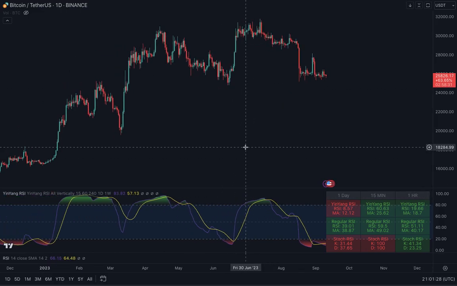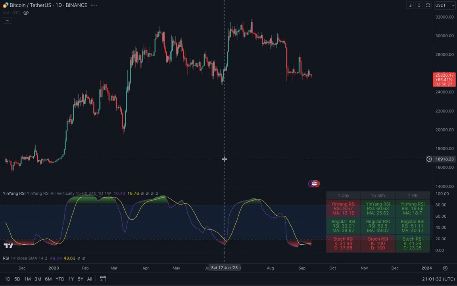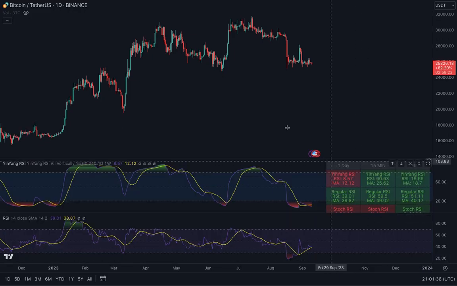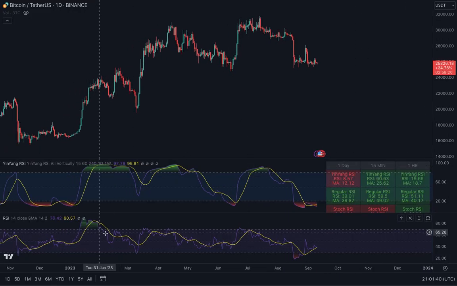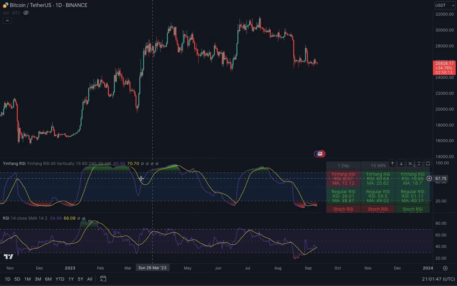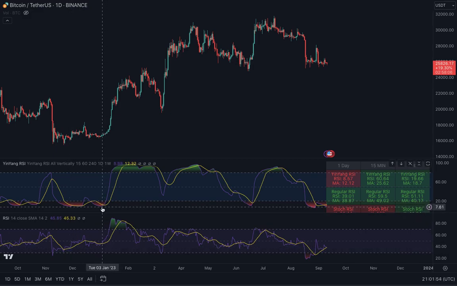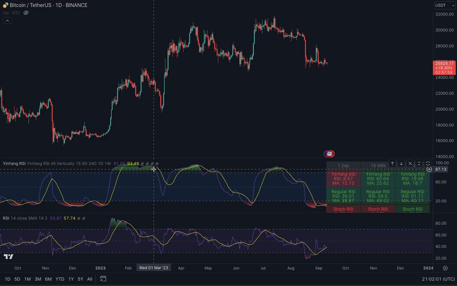So this is what the YinYang RSI looks like. And just in retrospect, the regular RSI looks like this. So as you can see, it's a lot more jaggedy. It's a lot harder to read. There's just so much movement going on in it, and it's considered a very bullish thing when the RSI crosses over the RSI's moving average, which is this yellow line,